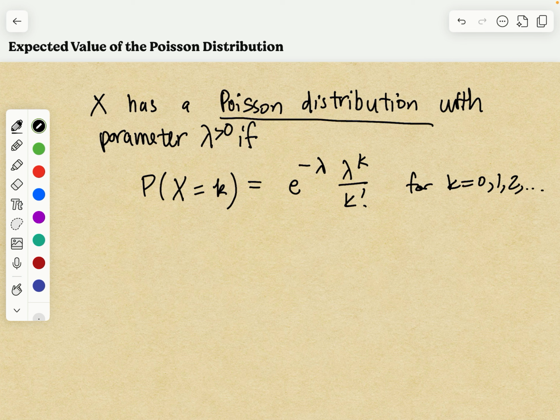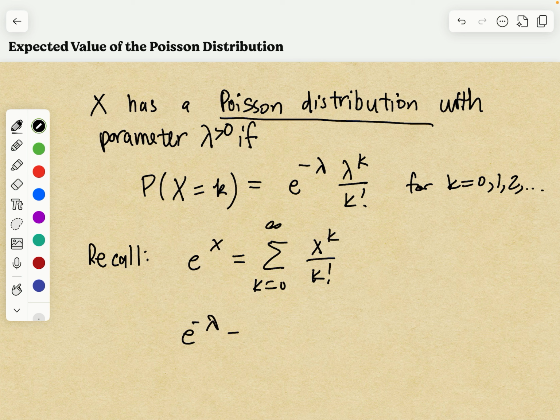Now let's check that this is actually a probability function. So we need to sum over all values of k. Well, recall that e to the x has this Taylor series expansion. It's the sum from k equals 0 to infinity of x to the k over k factorial. So e to the negative lambda is the sum from k equals 0 to infinity of